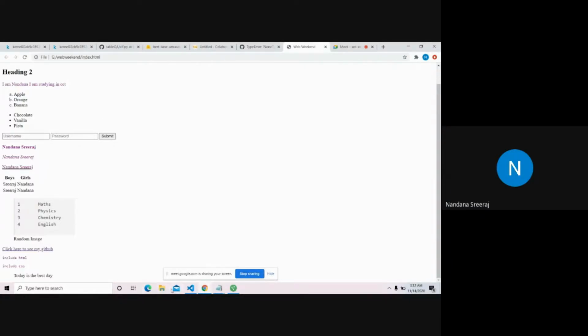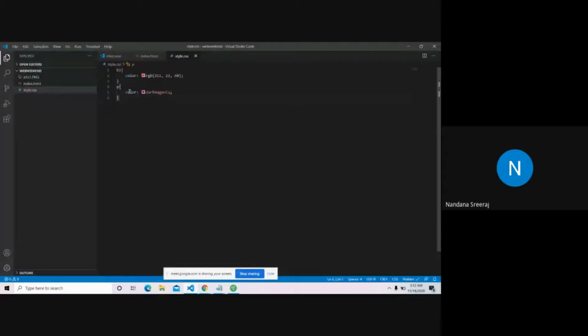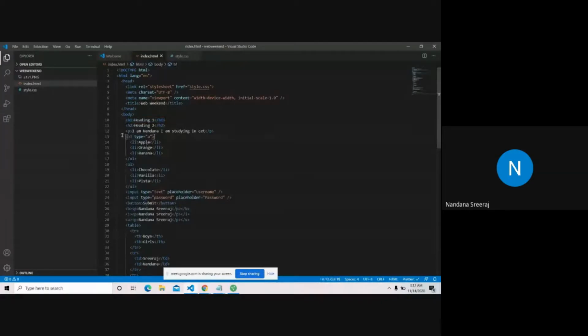So what we can do is, I'll remove that, I'll just comment it off. So where is my paragraph tag? This is the paragraph tag whose color I want to change. Yesterday I mentioned a tag named the div tag, and I told you that you won't understand its use yesterday, and we'll be using div tags today while we're doing CSS. So here comes the use of the div tag.